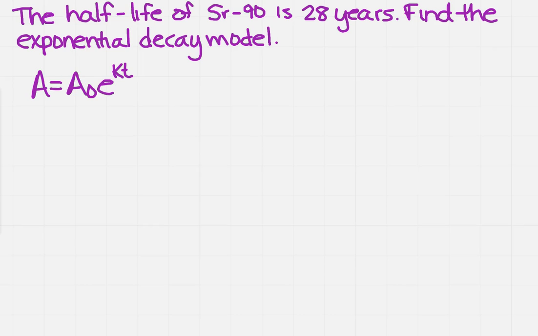We're given that the half-life of strontium-90 is 28 years. Now, what does that mean? That means that after 28 years, that strontium-90 will have decayed to half of its original amount. So we need to find an exponential decay model for that so we would be able to solve it later